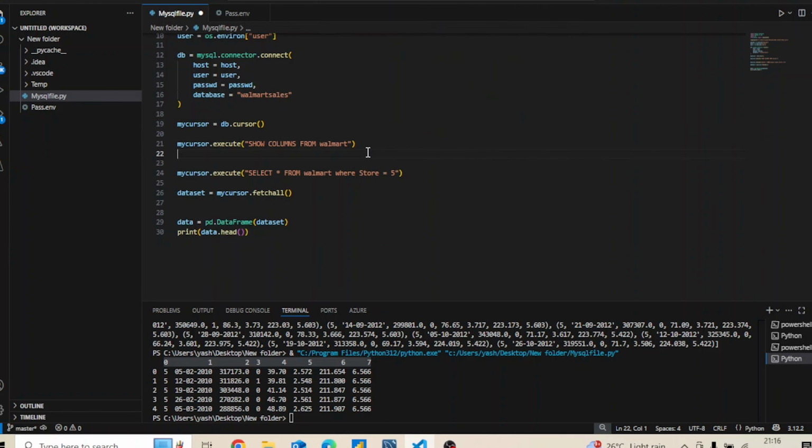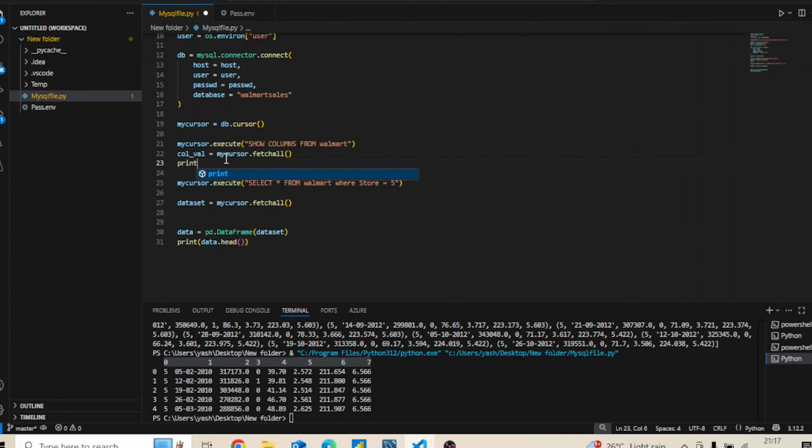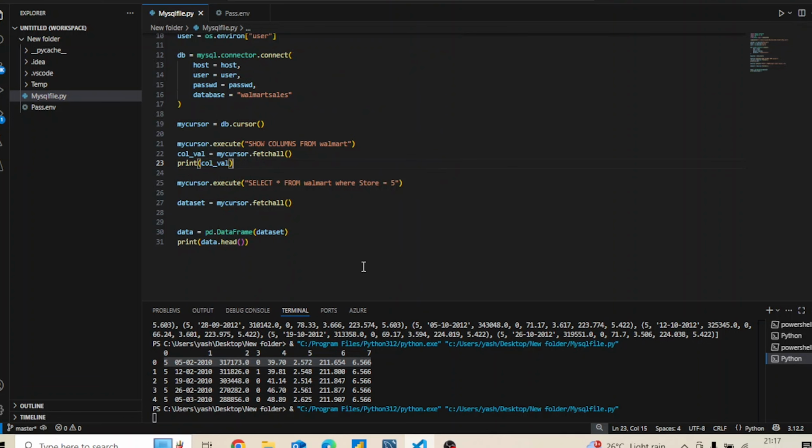Then I will say col_val equals my cursor.fetchall, and let us print the col_val. If I run this,